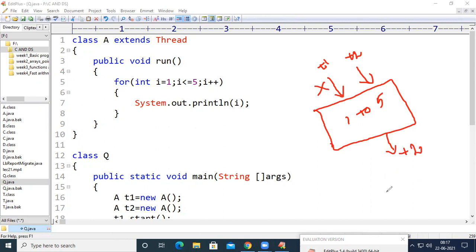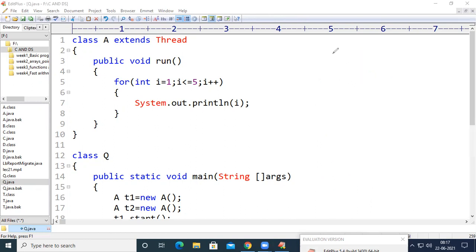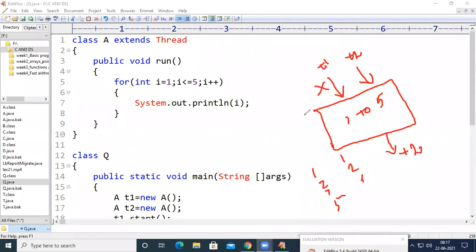If we make it so, we can get the output 1 2 3 4 5, because T2 has entered first, and after T2 comes out of the block, T1 enters, so I will get an order of 1 2 3 4 5 and 1 2 3 4 5. So what makes us do so? In order to make only one thread enter into the block, that is called synchronization.